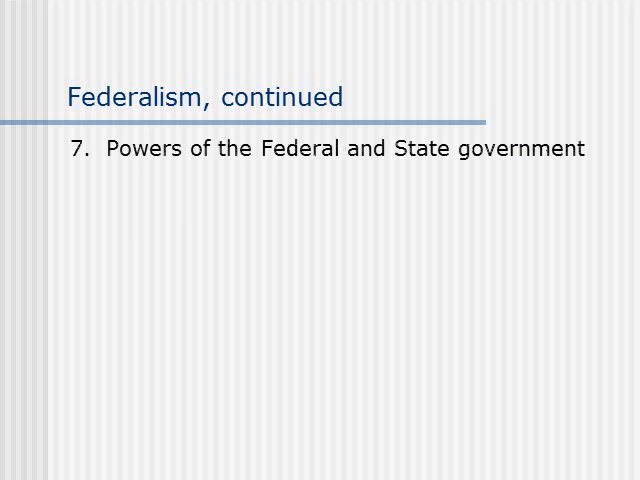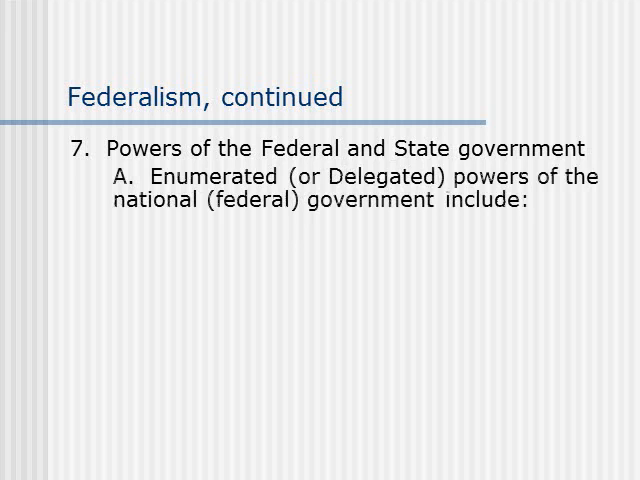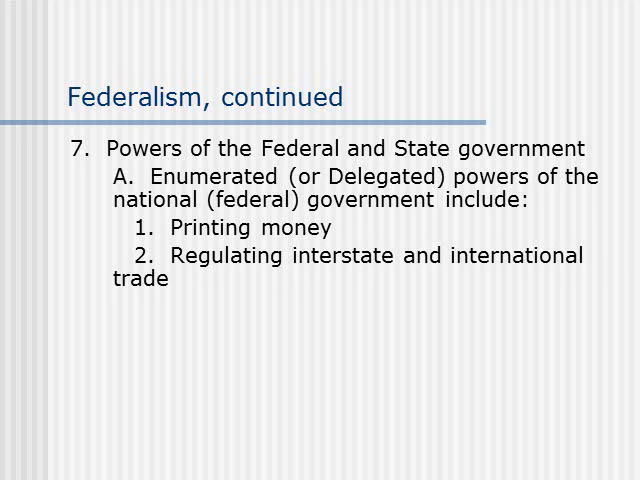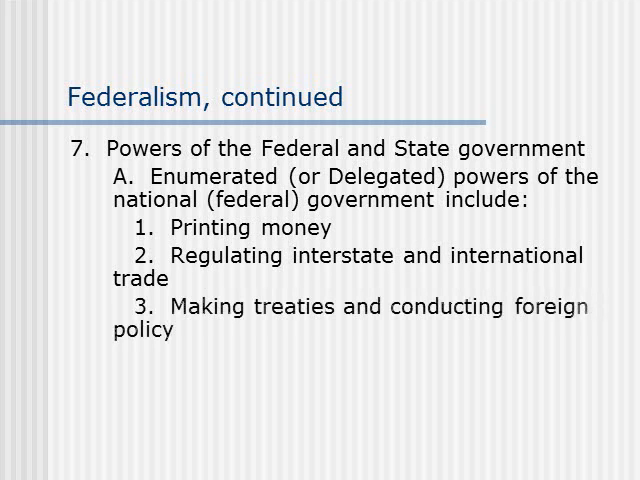Powers of the federal and state government. The enumerated or delegated powers of the national federal government include, and they say enumerated because they're numbered, if you look at Article 1, Section 8, you have all those numbered points of powers that the Congress has. Printing money, regulating interstate and international trade, making treaties and conducting foreign policy, declaring war, raising